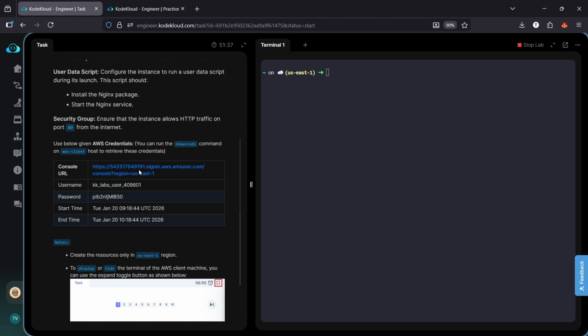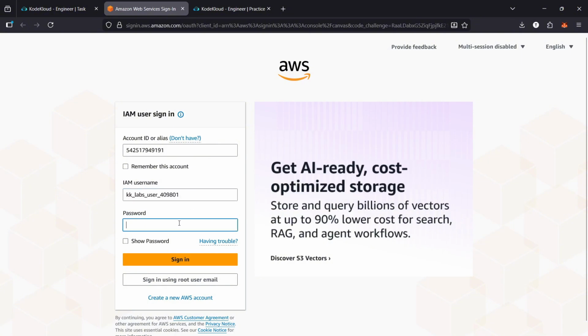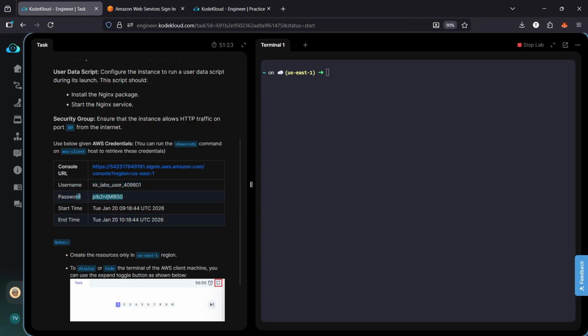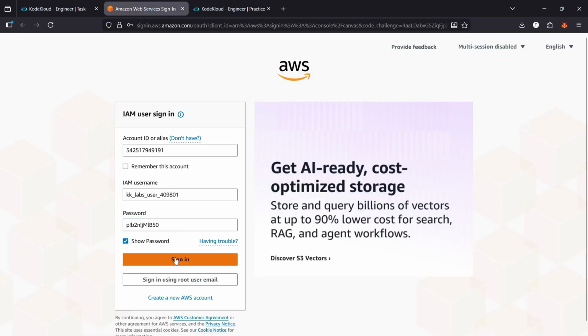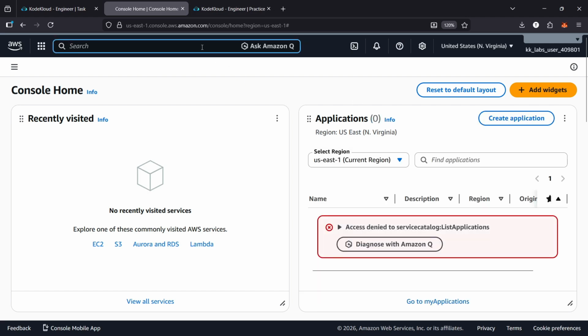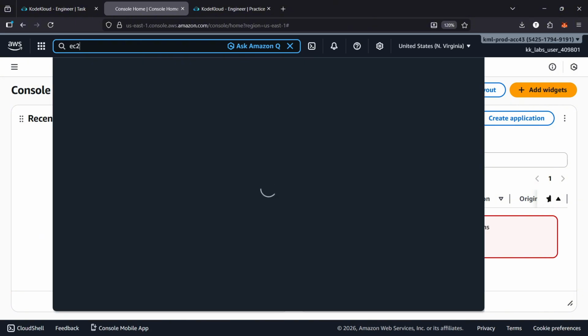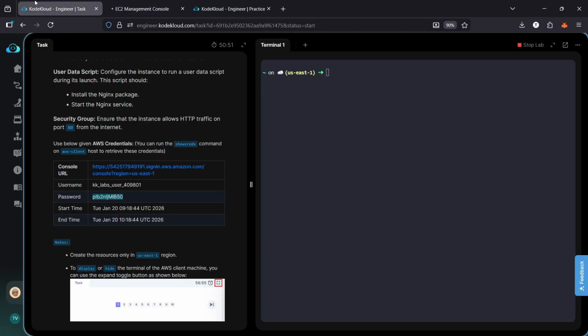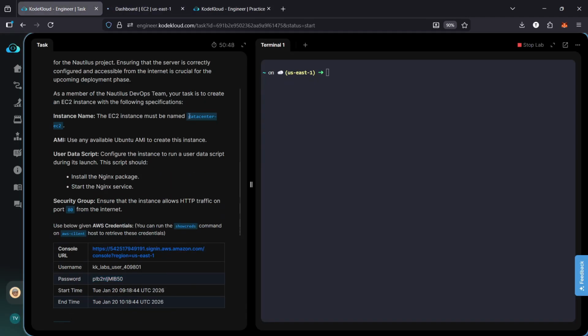So click on console URL. User data script is like we can install the requirements that we are needed to instance while the instance was in launching state. So by the user data script we are going to install the Nginx server. Search for EC2, copy the name of the EC2,